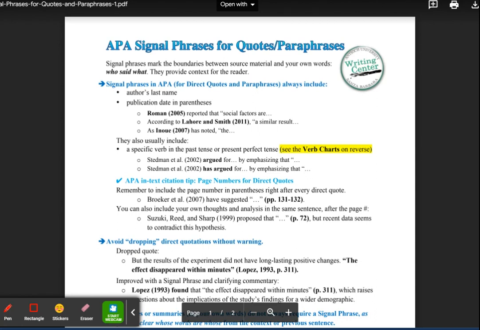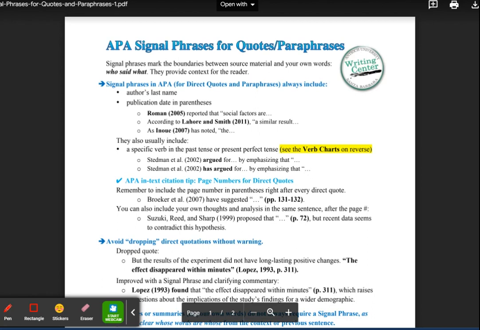But the writing is always yours as a writer. And for that reason, passages that are from other places need to be worked in and then coordinated and connected to thoughts and ideas that you have.